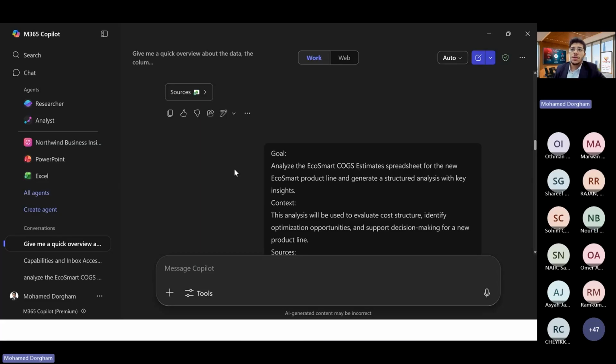On the other hand, I noticed that ChatGPT might sometimes give you information about your Excel sheet, but sometimes it might go off topic, because it's a general-purpose LLM, a general-purpose AI system.